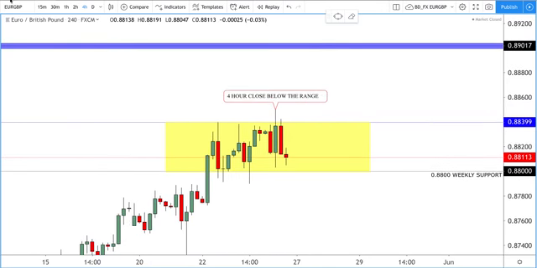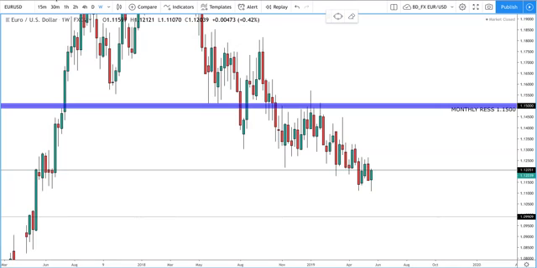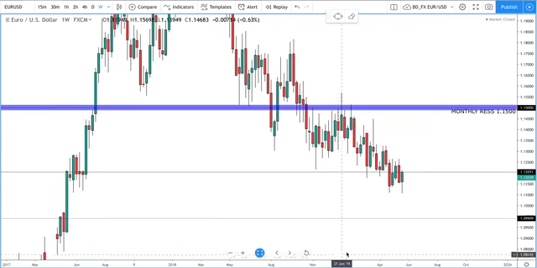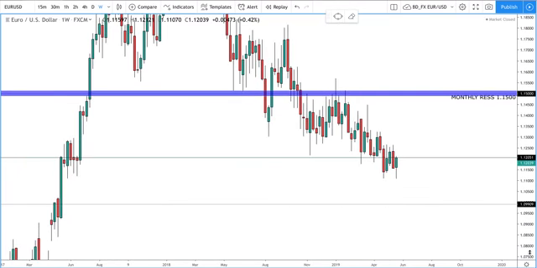So let's look at the charts. I want to go through quite a few pairs. I'm just going to go over a few things quite quickly on some pairs because there's no point spending too much time. Every day I'm going to bring you the ones that matter the most. So I'm going to have an overview of the market today, but then in the morning, I'm going to bring to you the ones as soon as the market opens and I see what's happening and the movement of the market. Then tomorrow morning, I'm going to pick out the best ones and bring them to you again and say, right, these are the ones that we need to look at.